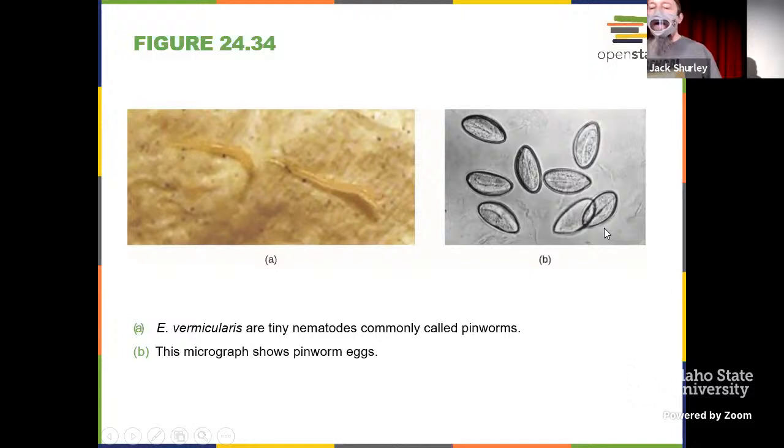Scotch tape prep is what they typically talk about doing to detect this stuff. So like I said, typically wee hours of the early morning, you go in, thinking probably your little kid, pull down the underwear or the diaper, take a little piece of tape, stick it to the anus, and then if it has laid eggs, they will be right on there. And when you observe them under the microscope, that's what we're looking at right here, are eggs that are stuck to the tape, all right?